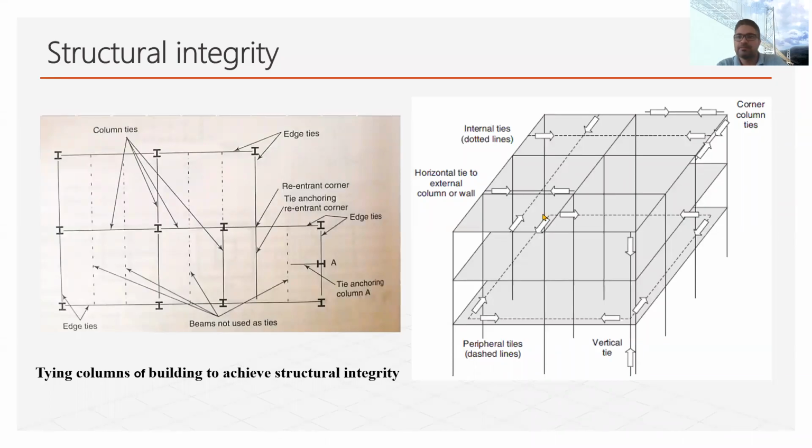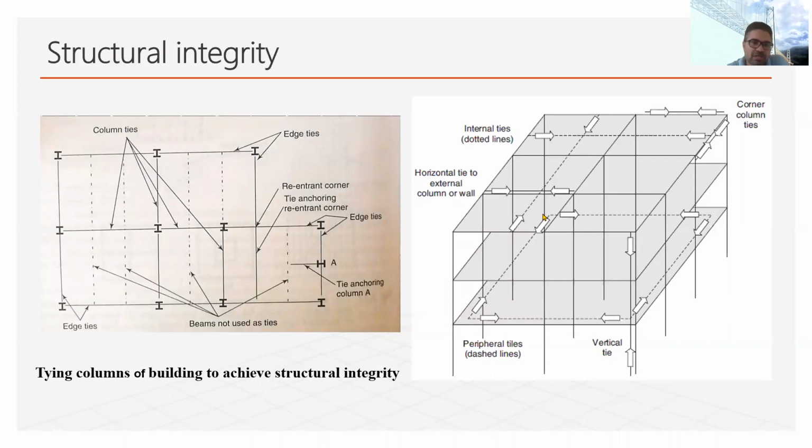Hello, welcome back. So I had discussed structural integrity very briefly in design and considerations. So structural integrity is ensured in the structure to reduce the risk of localized damage which may spread to all parts. So the major aspect which is considered in structure design to ensure the structural integrity is that all the columns in building should be effectively held in position by means of horizontal ties in two directions and preferably at